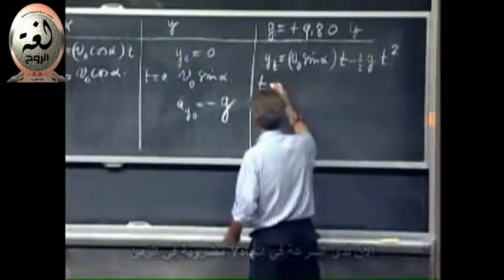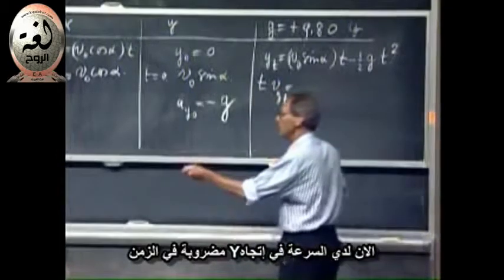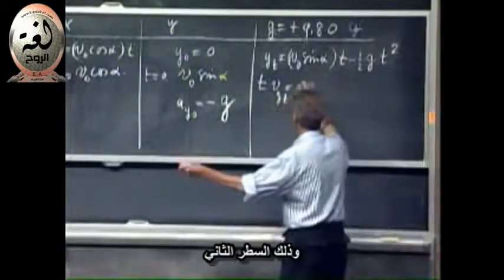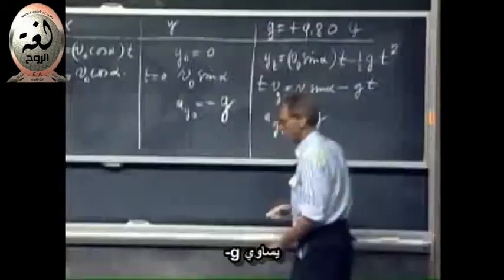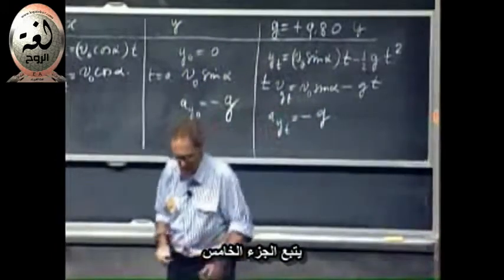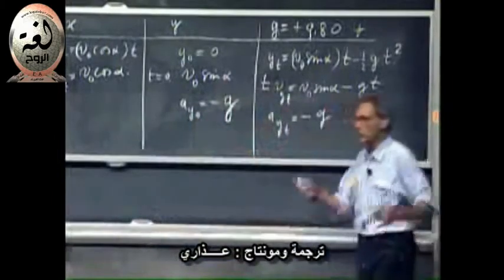And now I get the velocity in the y direction at time t. That is my second line. That is going to be v0 sine alpha minus gt, and the acceleration in the y direction at any moment in time equals minus g. And now I have done all I can to completely decompose this complicated motion into two